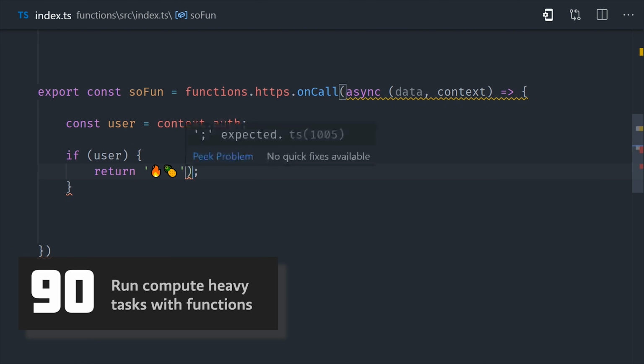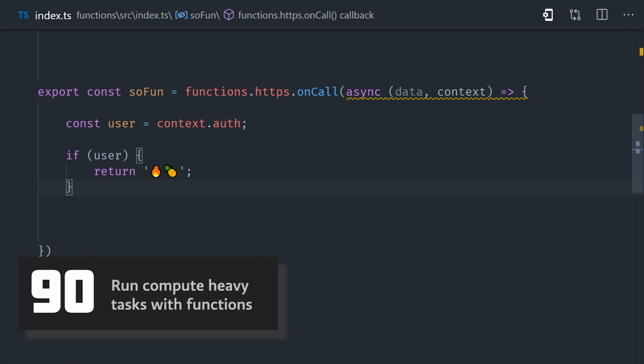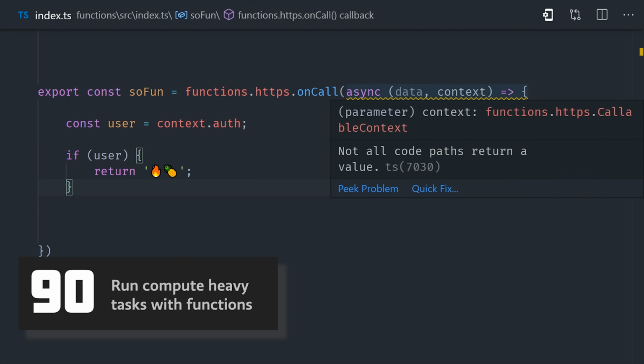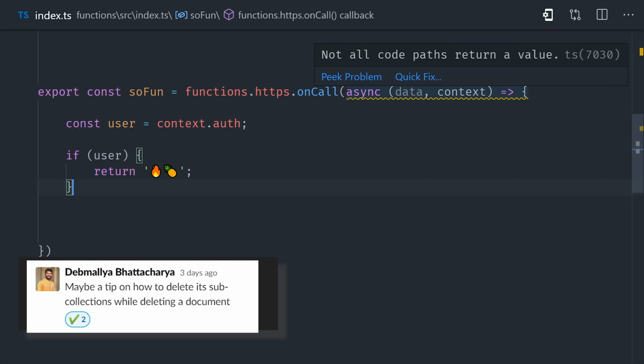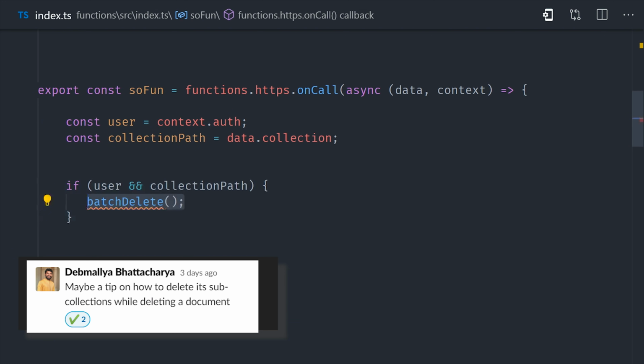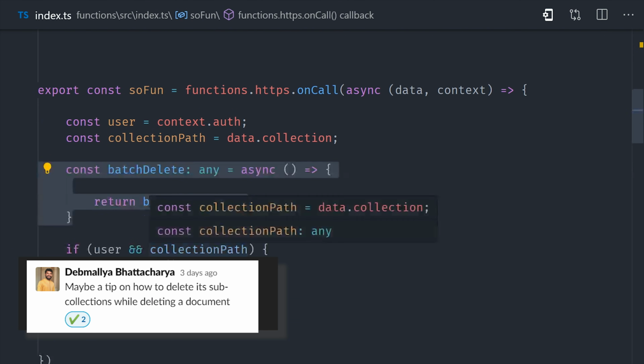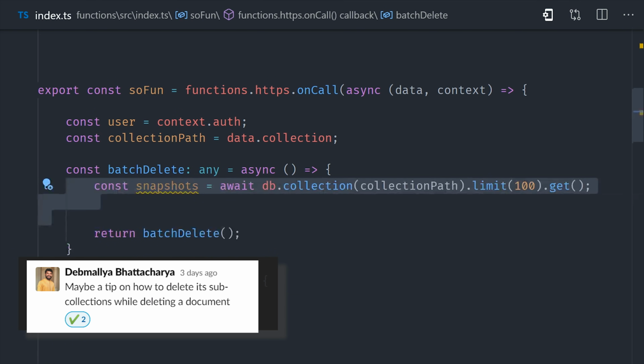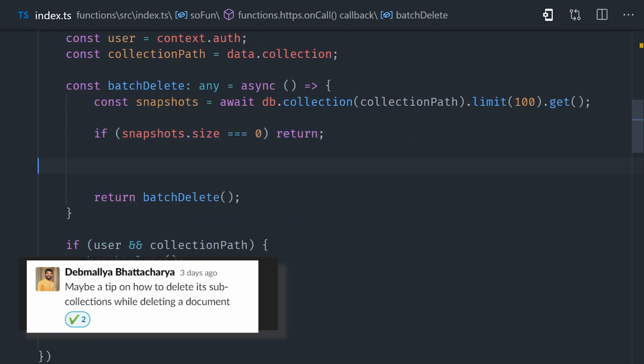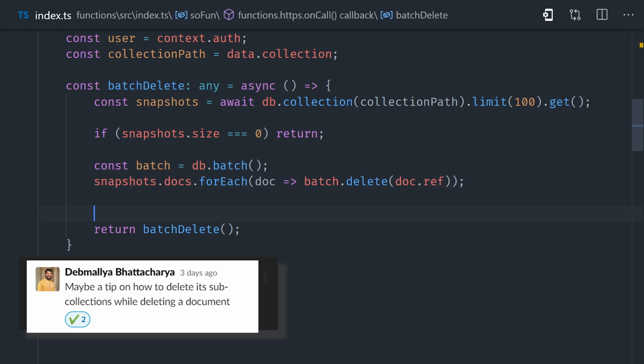functions. A great use case is to delete an entire Firestore collection, which should always be done on the back end because there might be tons of documents in a collection. We can first authorize the operation by looking at the user ID. Then we'll create a recursive function called batch delete. It retrieves documents in batches of 100 and then deletes them. This will ensure that we don't hit memory issues if we try to query millions of documents in a single